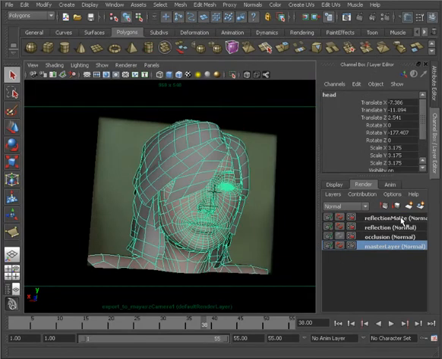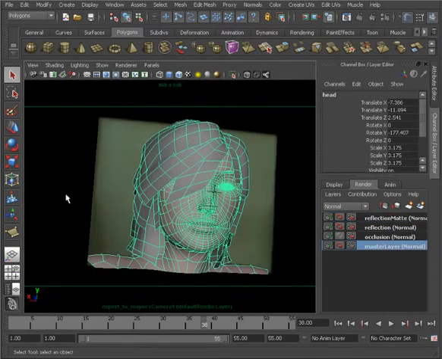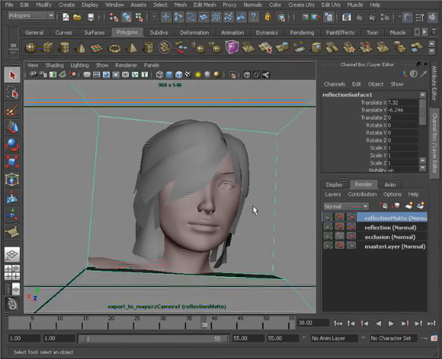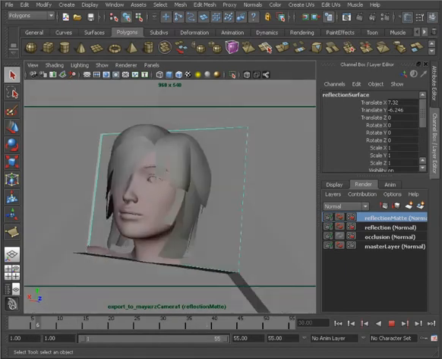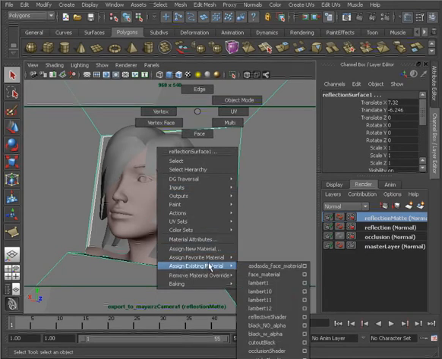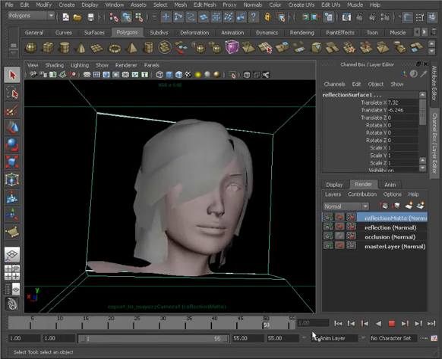I'm just going to select the head group, jump over to our reflection matte, add in that head group, and let's also add in our cutout here. So right click, add selected objects. And we might also need to press Shift H to unhide those objects. Now we need a matte that tells us what is in front of this reflection layer and what is behind it. So to do that, I'm going to set this reflection layer and our cutout matte to that black cutout material. So let's right click, assign existing material, and go to our cutout black,